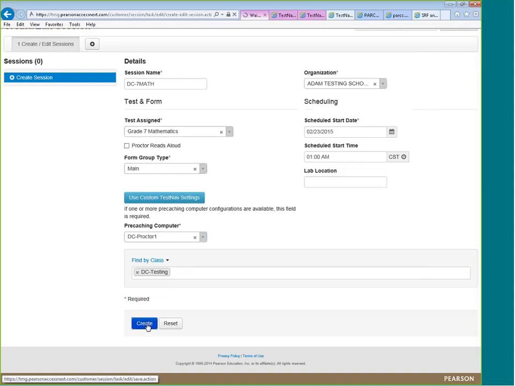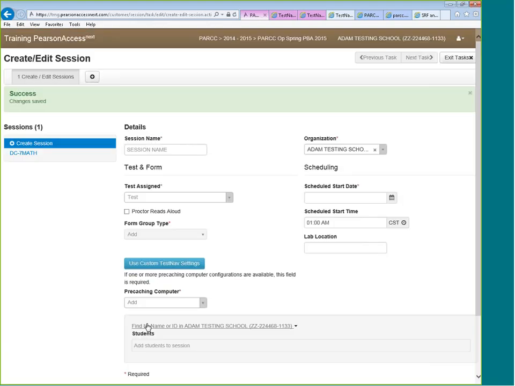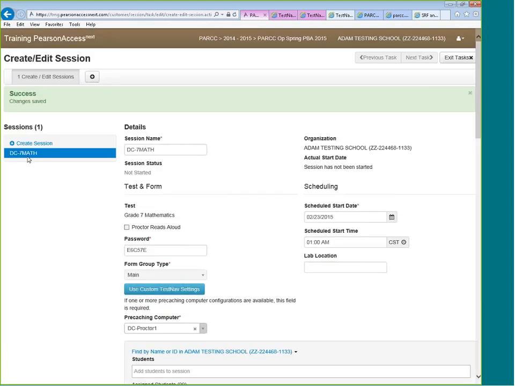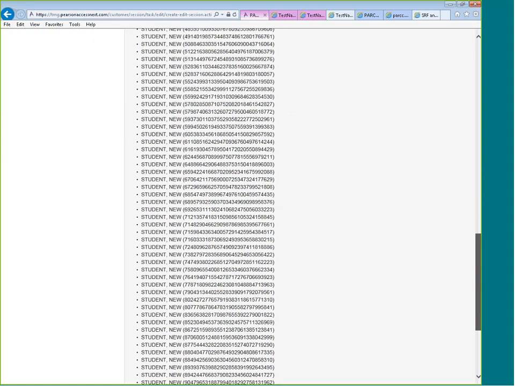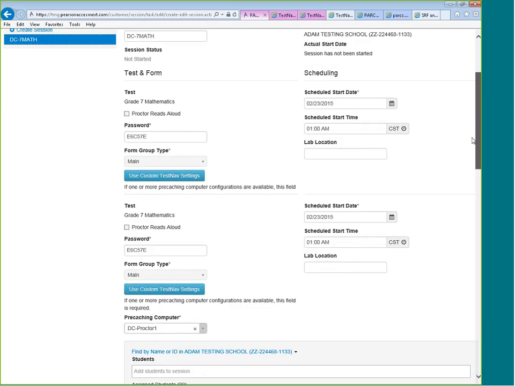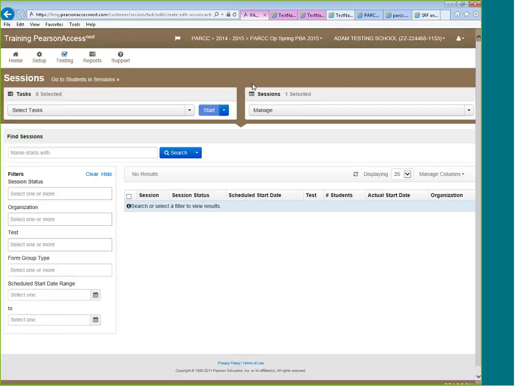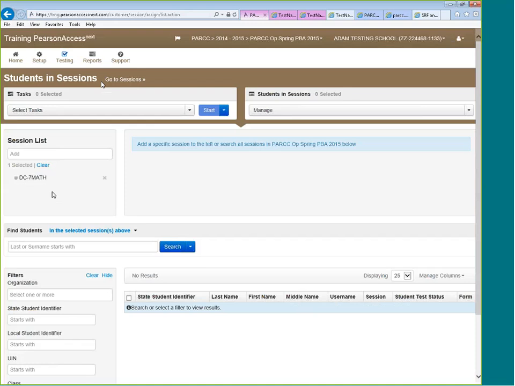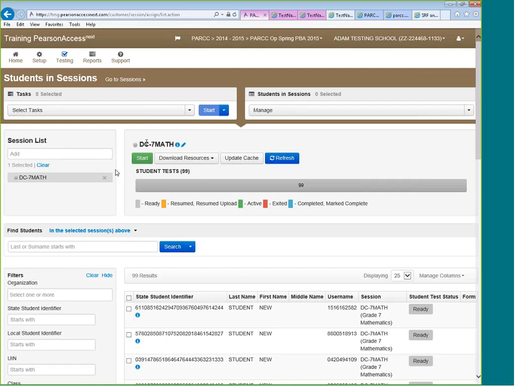And this is just adding all of the 99 students in that class into a 7th grade math testing session. So here they all are. So if I exit the session, go into students and sessions, here's my 7th grade math. Let me start the session.